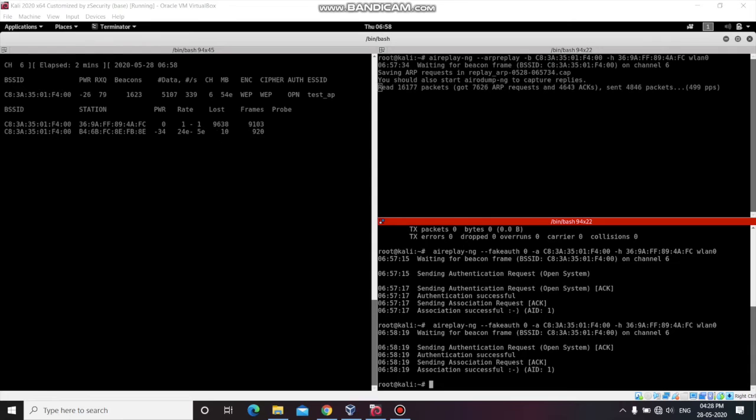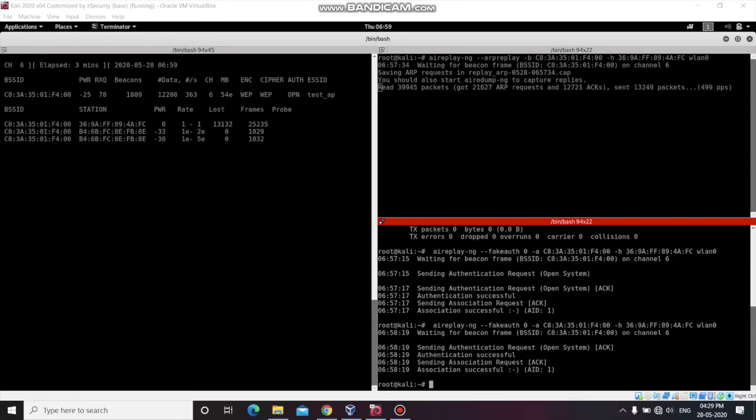Till now you can see that the data is not increasing at a faster rate, so we should wait until it captures. Now you can see that the ARP has been captured and is being retransmitted, and the data is simultaneously increasing at a faster rate.